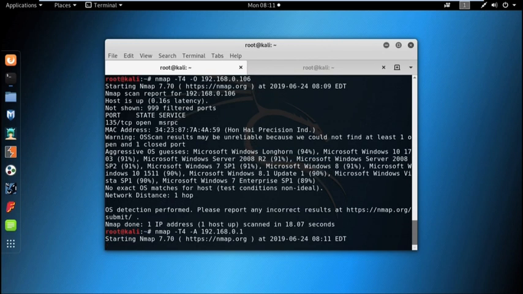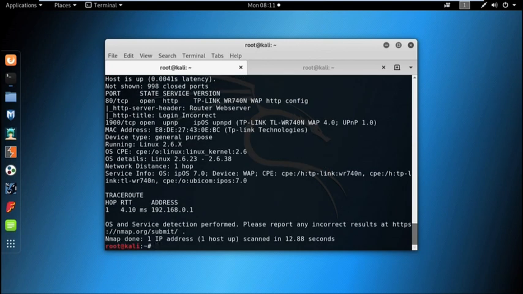So by doing the aggressive scan we can find out the service scan and operating system scan together. It gives us the result about some common services which are running in particular ports and as well as the